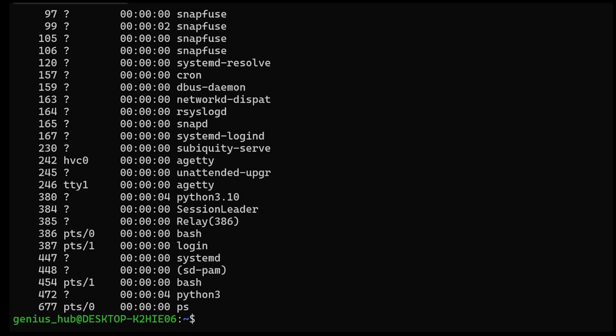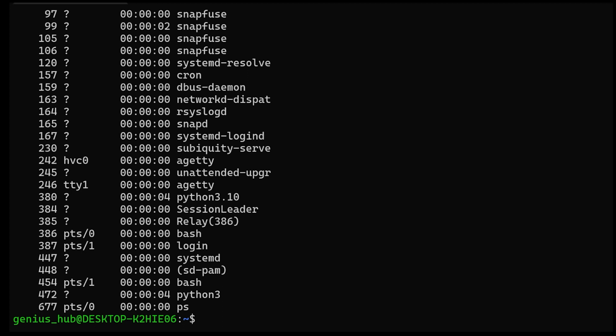Keep in mind that different commands require different options. They're not one size fits all. For example, the E option might perform an entirely different function for another command, or might not be recognized at all. So, how did we know that E is a valid option for the PS command? Did we randomly type letters until something worked? Nope. We consulted something called the manual pages. But let's not get ahead of ourselves here. We'll explore these in our next lesson.